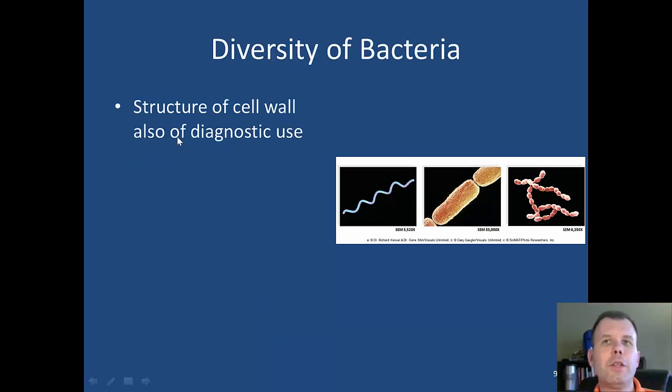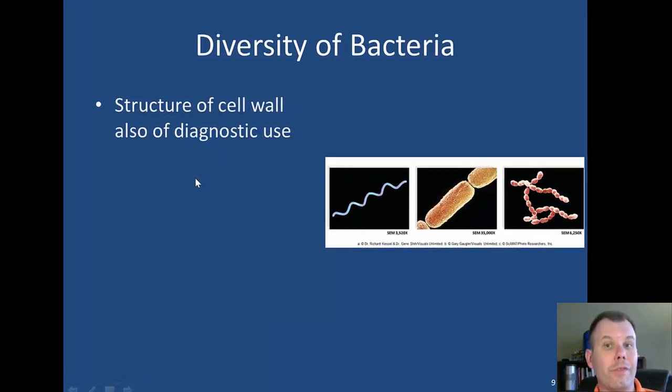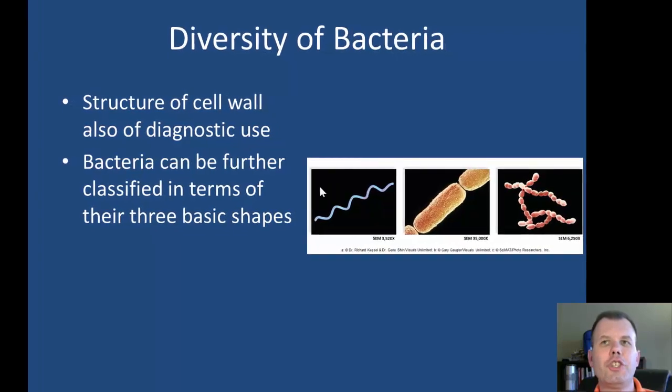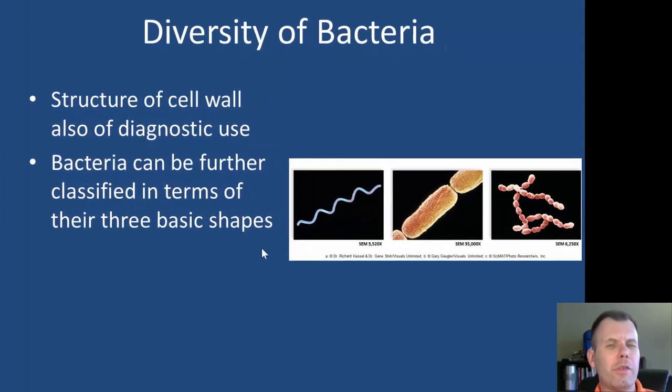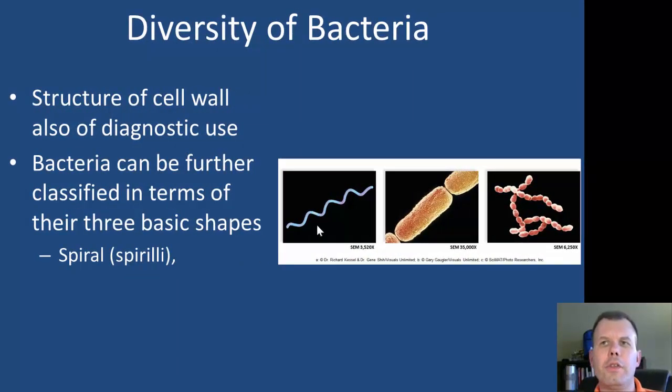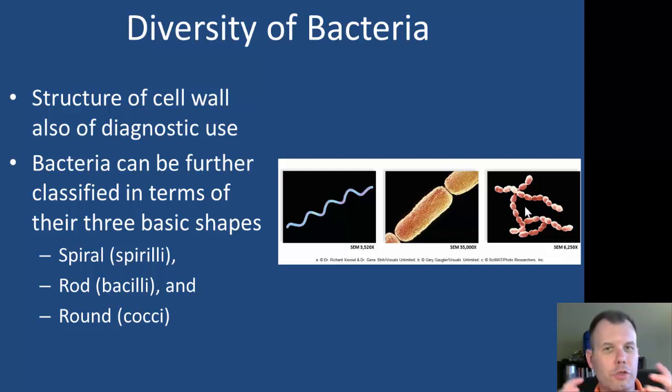Now, another thing we can use besides looking at the structure of the wall is looking at its shape. And again, there's three main shapes that we deal with, and we've talked about this before with the prokaryotic cells. They're the spiral-shaped bacteria, which are called the spirilli. There's the rod-shaped bacteria, which are called the bacilli, and then the round-shaped cocci bacteria, and those are the round, circular, ball-shaped bacteria. And so these are the three main shapes. Now you can have some blending of the shapes where you can sometimes get these coccobacilli, which kind of look like short little hot dogs and things like that.